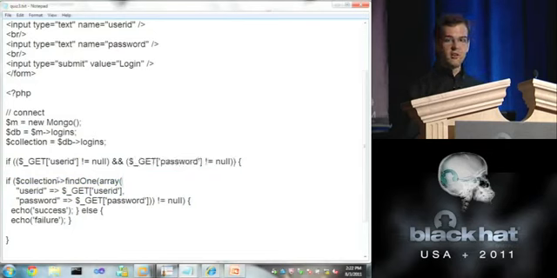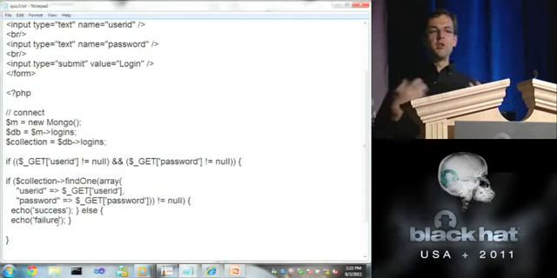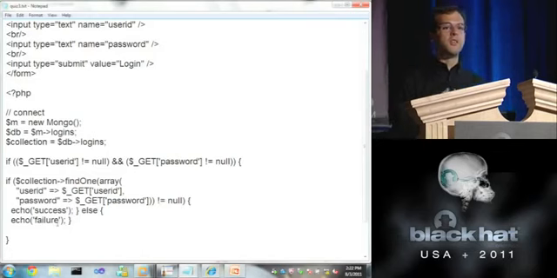and then we're looking in our collection. So what we do is we say, OK, we have a new instance of Mongo. I want to go to the logins database and the logins collection within the logins database. I'm going to look for a document within that collection of logins where the user ID is the specified user ID and the password is the specified password. And if at least one of those documents matches that query, then we just cheat here. Then we let the person in. Otherwise, you're rejected. So this is the Mongo NoSQL equivalent of select star from login where user ID equals X